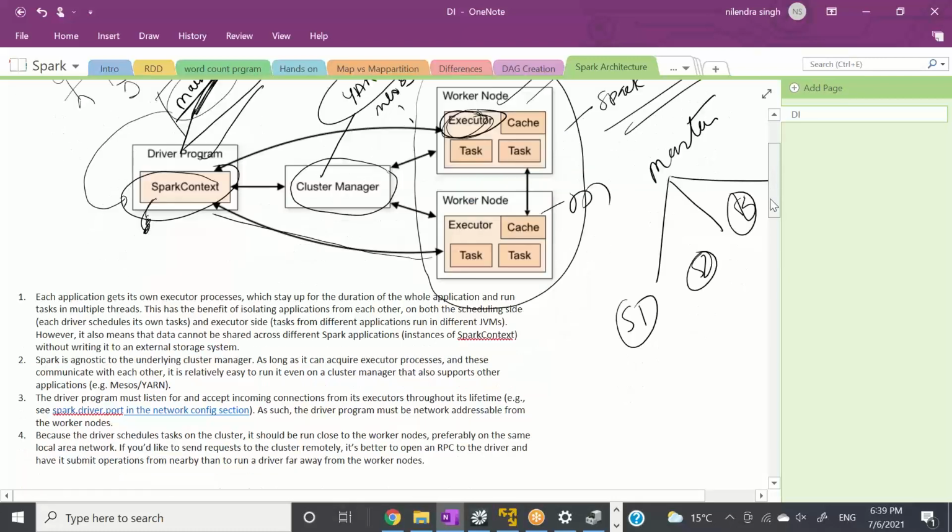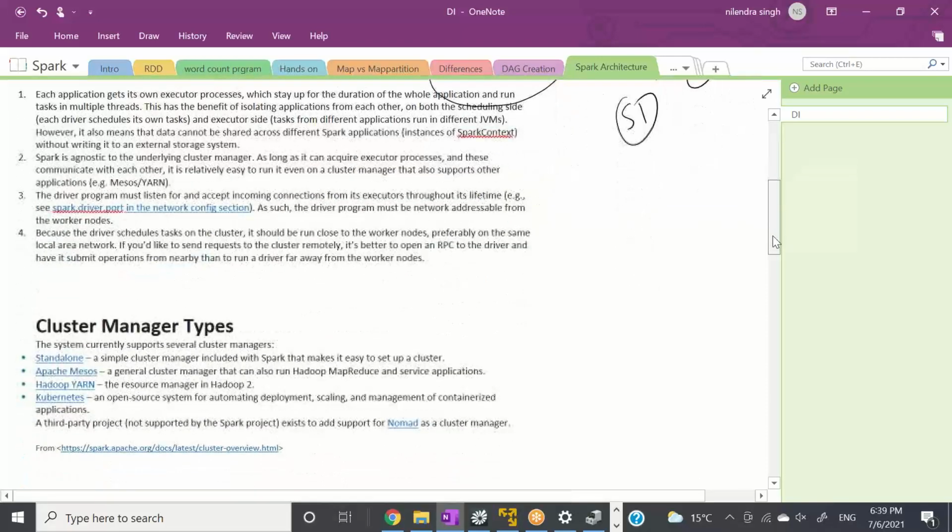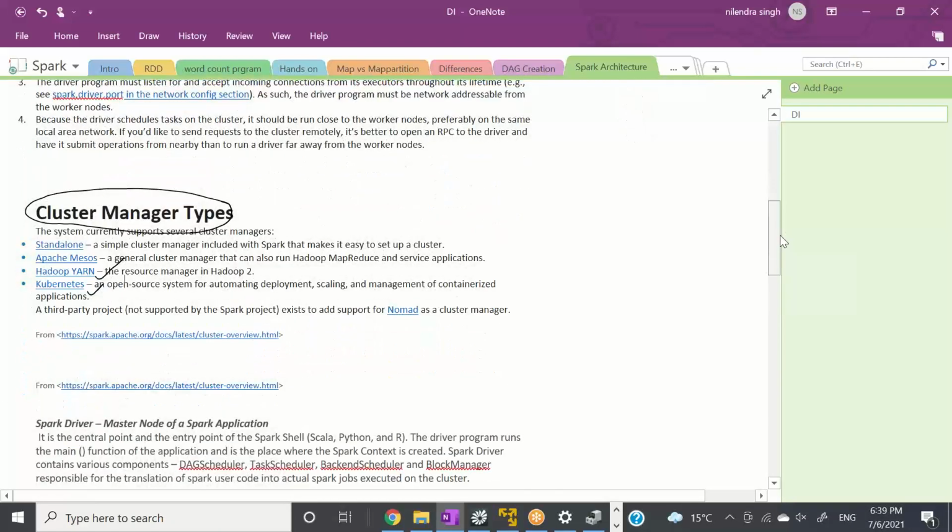And the cluster manager obviously is agnostic. We can use any cluster manager. I have covered cluster managers in detail, but basically what Spark says is that to manage the resources of the cluster, you can use any cluster manager: standalone, Apache Mesos, YARN, Kubernetes. I will be covering Apache YARN in detail because obviously that's the most important one, and that's where most of the people are using YARN in production. I can cover Kubernetes maybe in later lectures, but here we'll be covering YARN in detail.